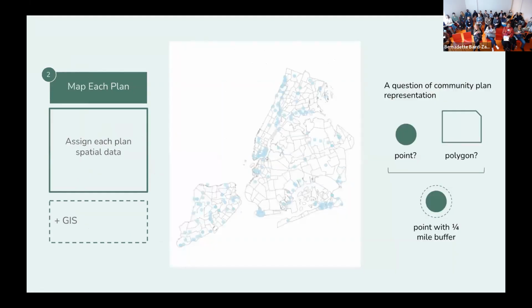The second part of all of that was really assigning each plan spatial data. And I have it pretty simple up on the slide here, but this part actually got really tricky, and it involved making personal decisions on how communities should be represented. So I feel like this slide is maybe for the GIS nerds that might be in the room, a little bit more methodology on that. So this involved reading through each plan and understanding what geographical boundaries each plan covered.